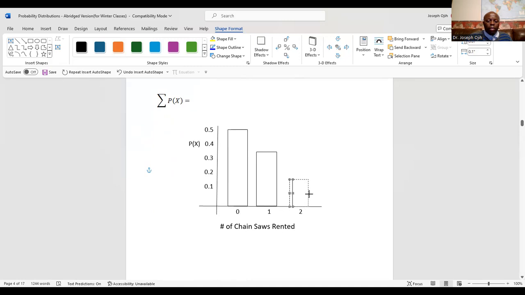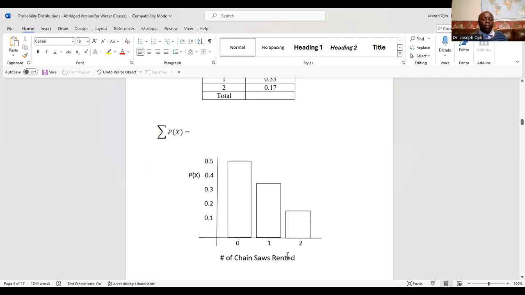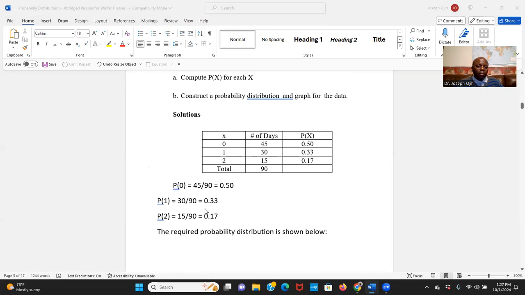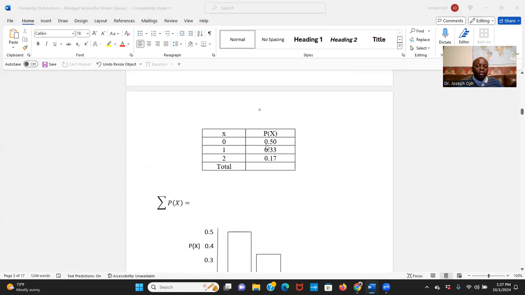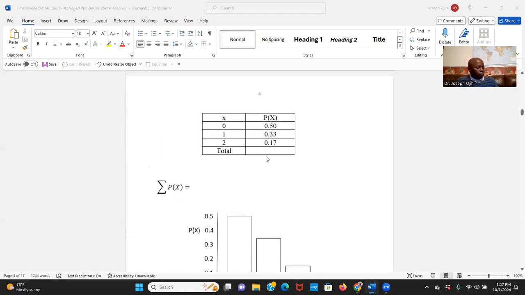Okay, we can make it right. So these are the graph right here, like a histogram. Okay, this one a little bit closer to this. That's the graph right there. So I can show you the trend. On this graph, you can see the trend. Now, for that question we answered, we got the probabilities, calculated them, got the probability distribution table, then got a graph. Now, any question on this? Any question?